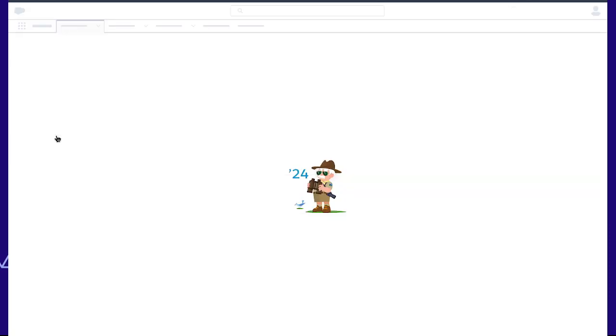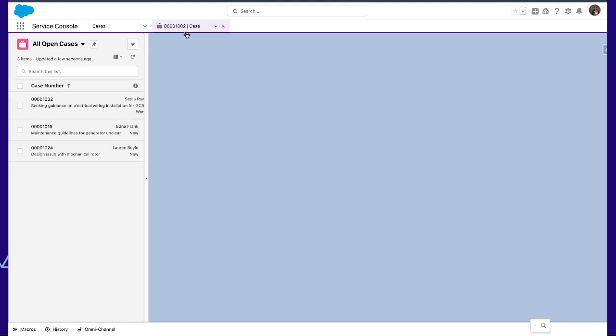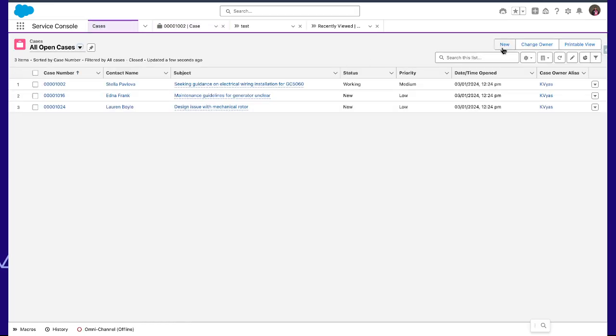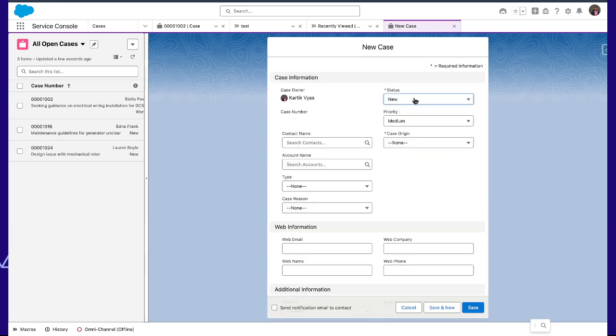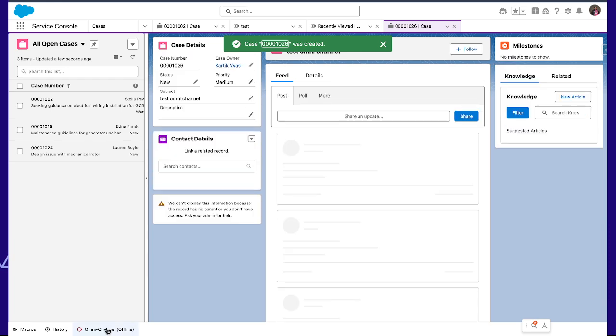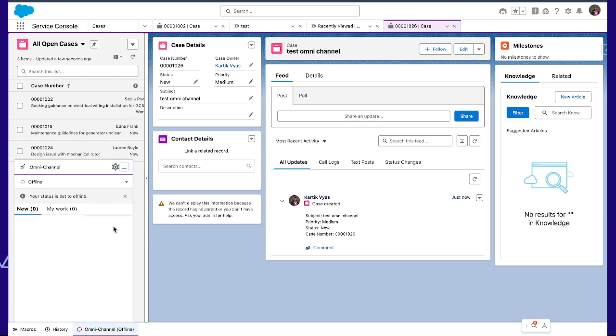This is the service console. From cases, I create a new case, medium priority, origin web, subject test omni channel, and save it. Now you can see Omni-Channel is coming here and it is offline. Clicking on it, I make myself available.